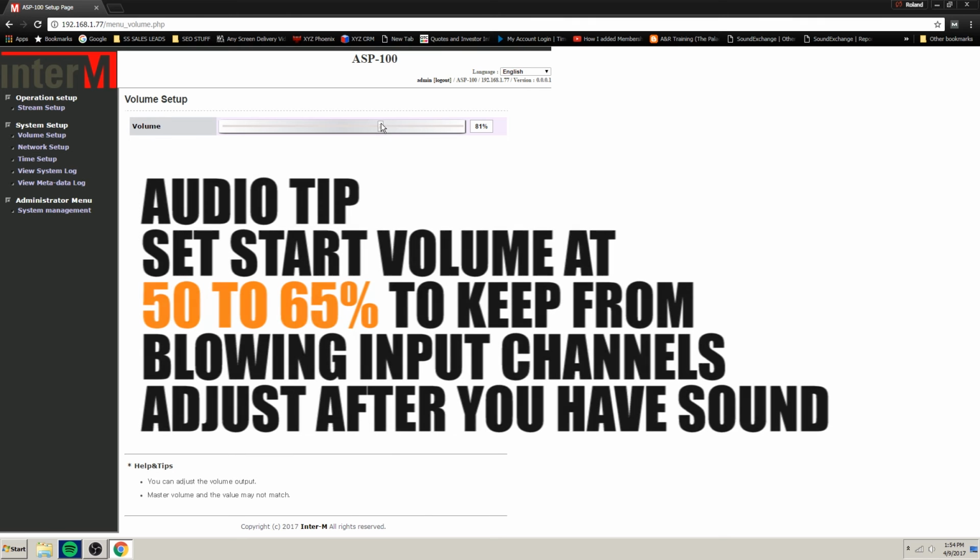I like to start off at 65 or so percent, 64, 65, so as not to blow out the input channels of either the receiver or the 70-volt system. Obviously, you want to look at your equipment to make sure that you're not clipping. If your equipment has indicator lights on the input channel showing a good steady signal, you make the adjustment here. Or if you have just a consumer-grade